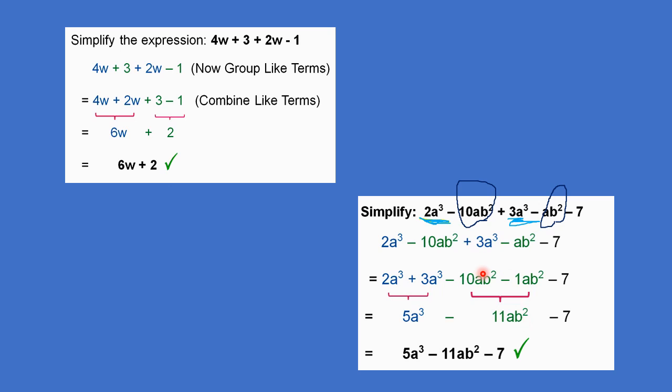If you don't quite understand that yet, don't worry about it. We'll get to that. And then you have a minus 7, and that's how we end up with that. But basically, when you have this negative 10ab and you subtract 1ab from it, when you subtract from an already negative number, you end up with a negative 11 in this case. And like I say, if you've already had pre-algebra, you'll understand that. If you're just taking pre-algebra for the first time, that's something we will practice later on. What I want you to really see here is how you're combining the like